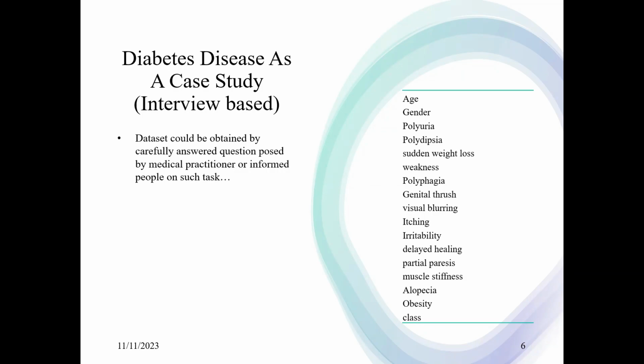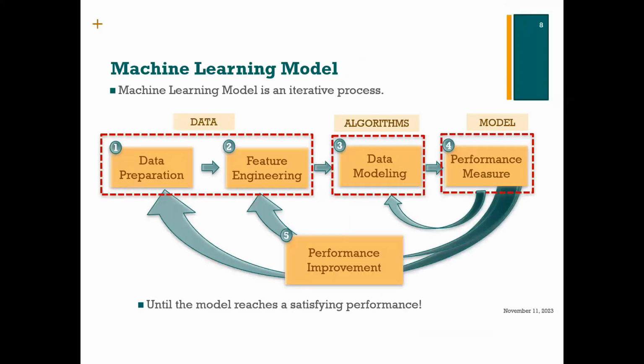So in essence, even when the data is available, the participating party might not be willing to release their data set. So why don't we think out of the box and come up with our own data set? There are some very important, simple questions that we might use to get data from both the healthy and the sick people, which we can turn into very interesting knowledge that can support our decision-making process. It could also be in any other field of endeavor.